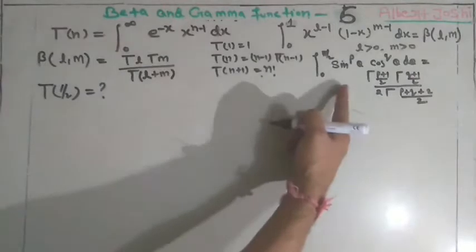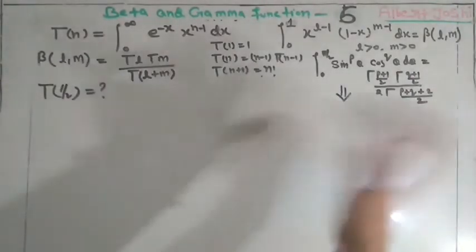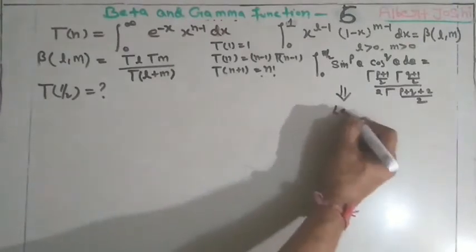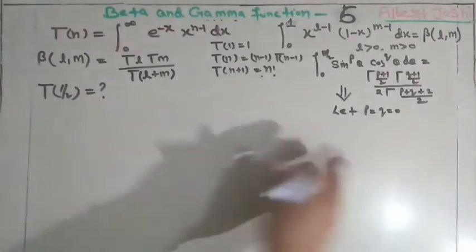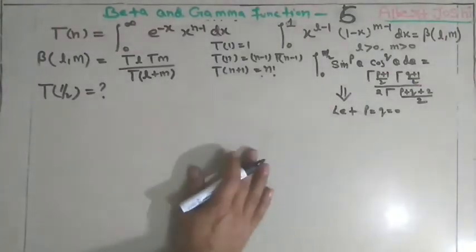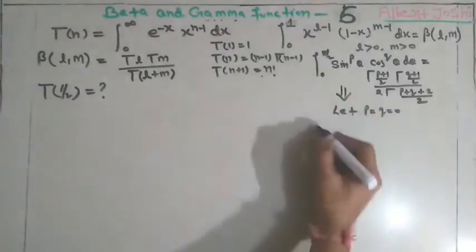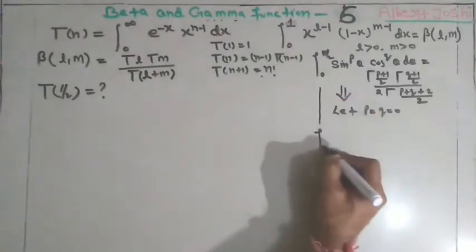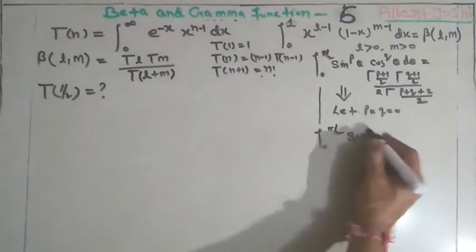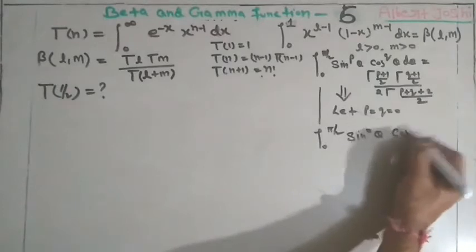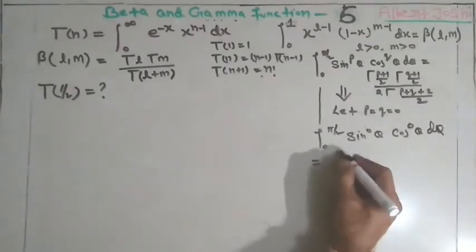You know that we have this formula. In this formula we will do something. Let us take P equal to Q equal to 0, since P and Q are constants. If we place it, then what will happen? This value will be the integral from 0 to pi by 2 of sine 0 theta and cos 0 theta d theta, equal to gamma